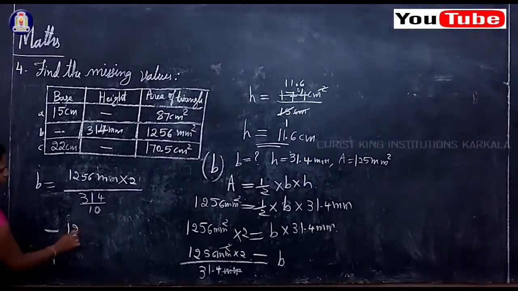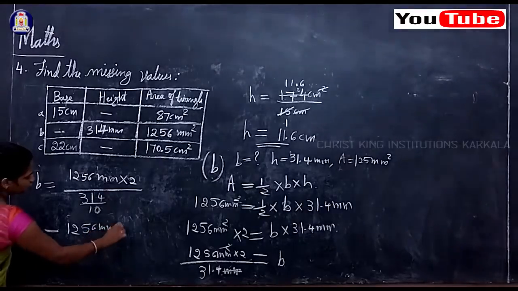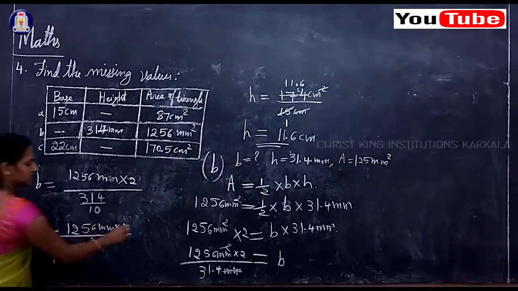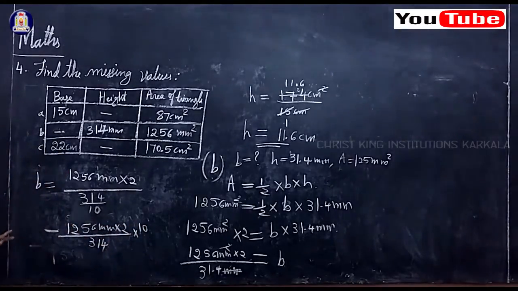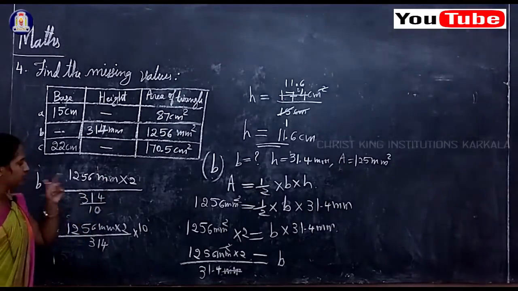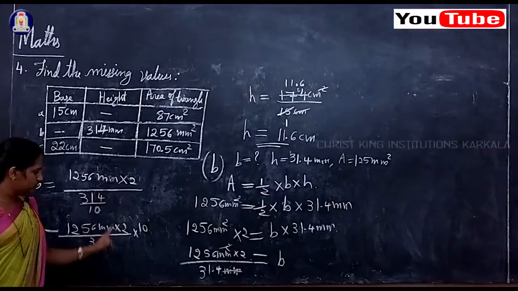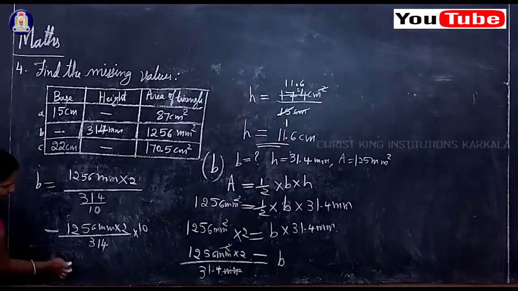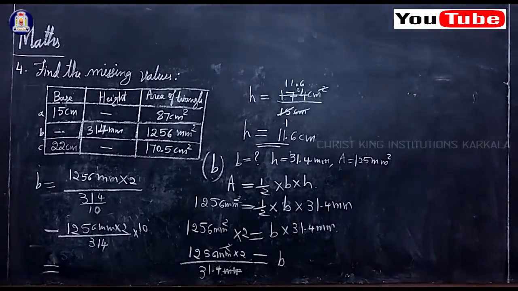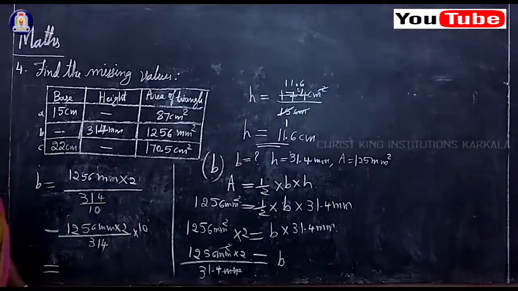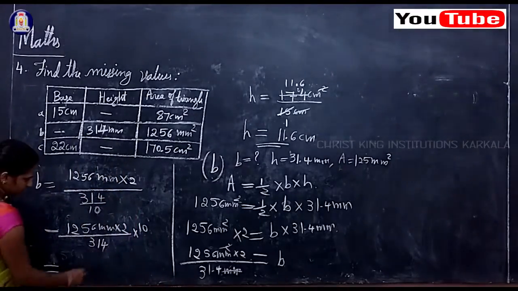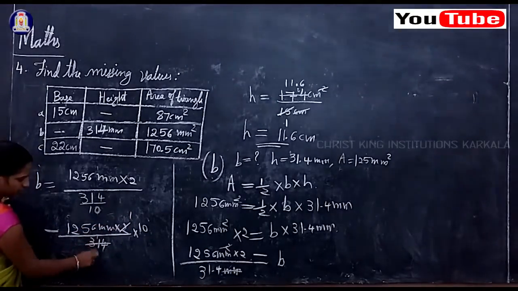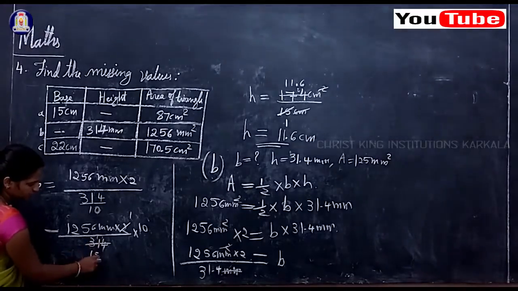So what will happen? See, if you write 1256 millimeter into 2 divided by 314 over 10, that inverse is 10 by 314. This will go to the numerator. Is it correct? So 314 divided by 10 will become 10 by 314, inverse. So now you can simplify, divide by any table. We will see which table divides numerator and denominator. I think 2 divides, correct? So 2 ones are 2, and 1 remaining, so 11. 2 fives are 10, so 1 remaining, 2 sevens are